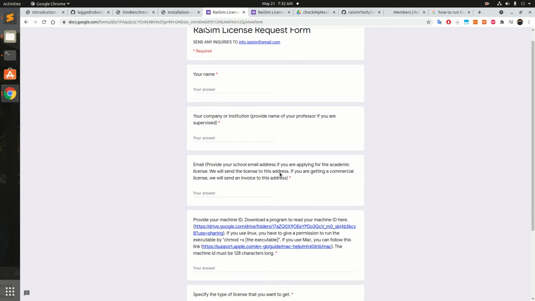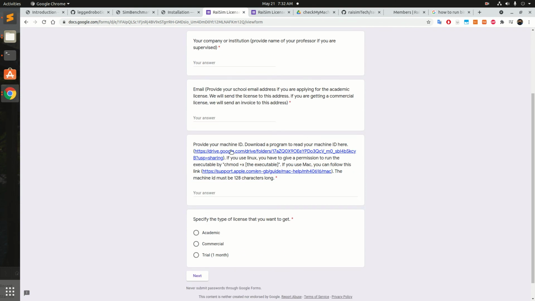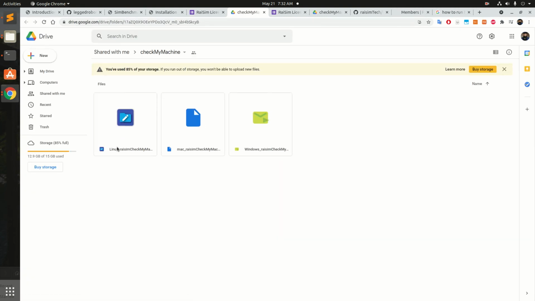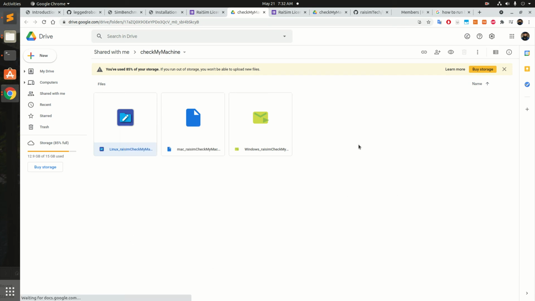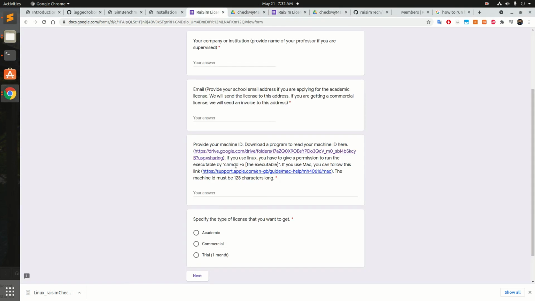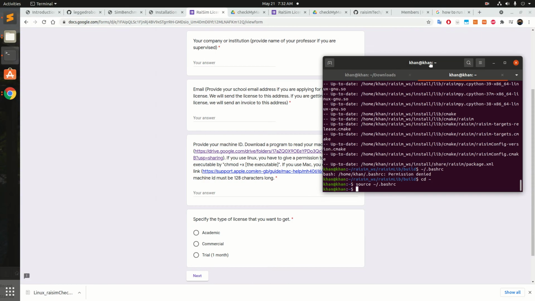So let's go. You go to all the forms, and then this is the machine ID. You need to download it. Okay, and this one is for Linux. We download it. I have already downloaded it. Okay, and after that, as mentioned here, we have to chmod it to make it executable. So we go over here,